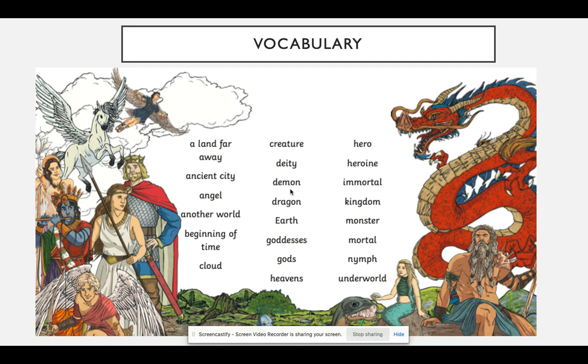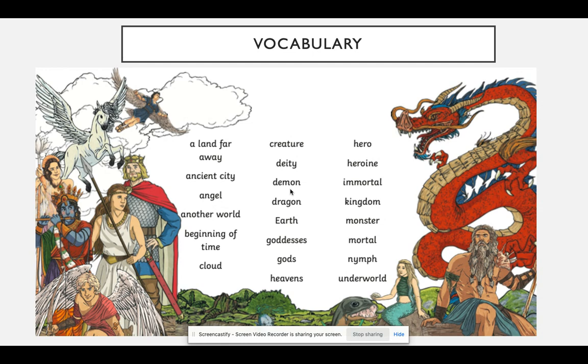But on another sheet of paper, I would like you to start a vocabulary list. You can write these words down, the ones that you want to use, obviously not all of them, and then you're going to add to them as we go along, and you have more ideas of which vocabulary you want to use in your word list. Now, it should not just be adjectives, it could be adverbs and other types of words, powerful verbs that you want to use in your myth to describe how your characters will react and how they are being described to your reader.